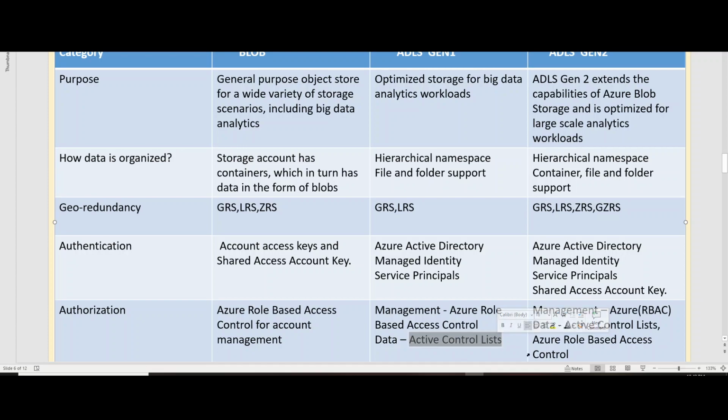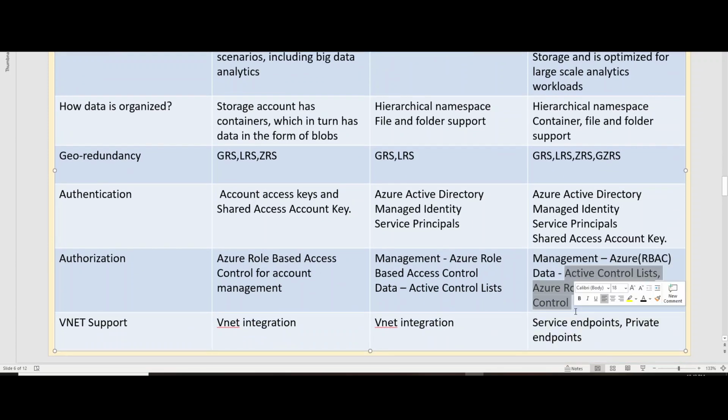In a similar way, Gen 2 again has the best of both worlds. For management, it has role based access control, and then to secure your data and provide authorization for your data, it has access control lists, and it has role based access control as well.